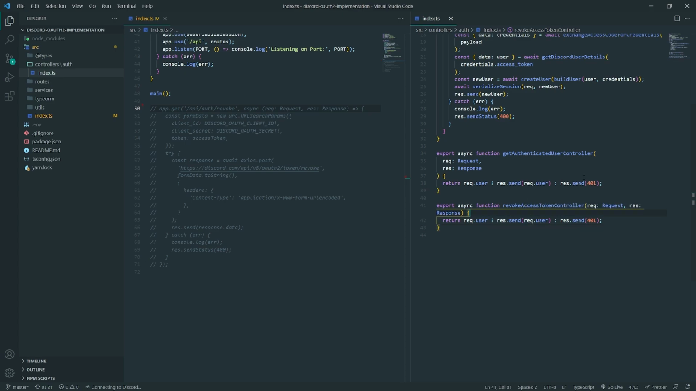So right now, in the revoke access token controller, what we basically need to do is get the access token and revoke it. Now remember, we actually have the access token saved in the database, but the problem here is that the access token and the refresh token are saved in the database the way they are, and we probably should not do that because if there is some kind of database breach, let's say a hacker gets into